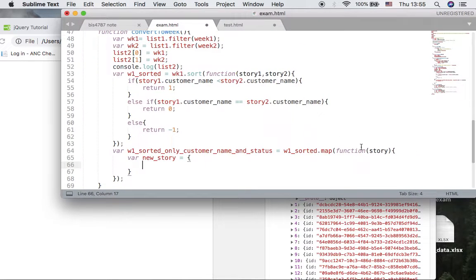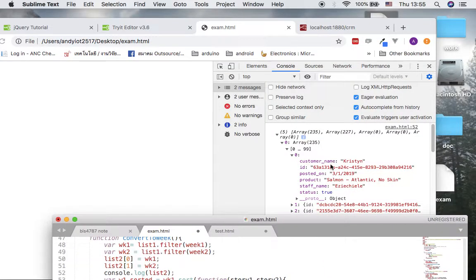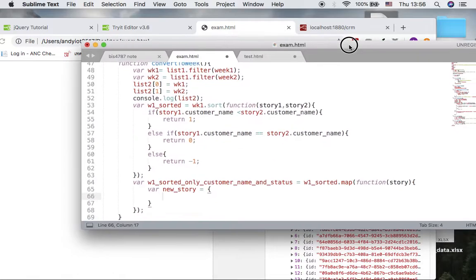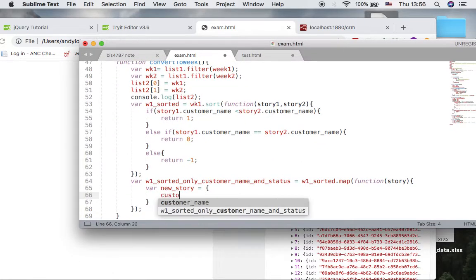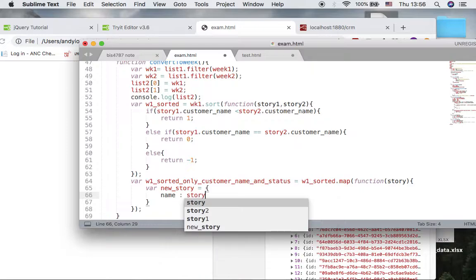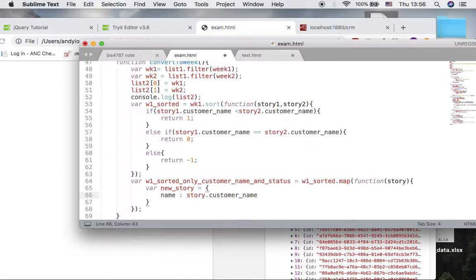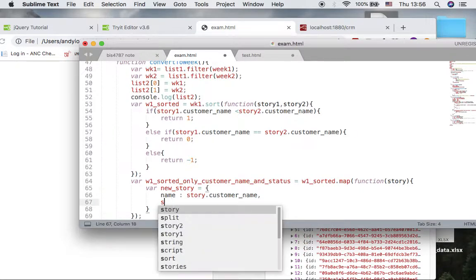As I told you, we are going to change the structure. We no longer want everything. We just want customer name and status. So we create a new object that has the customer name, and I'm not going to call it customer name, I'm just going to call it name. It will be equal to story.customerName, and status I'm going to call